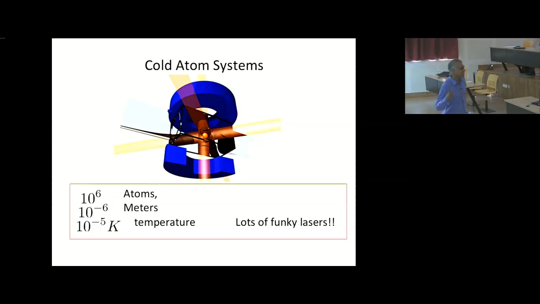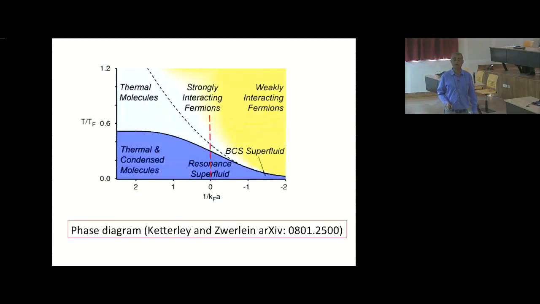That prompts us to ask, what happens if you incorporate this anisotropy? So here's what these systems look like. They're very funky. 10 to the 6 atoms packed together in a micrometer. Very cold, 10 to the minus 5 degrees Kelvin. Extreme regime of quantum effects coming into play. Lots of funky lasers, magnetic fields to excite the correct Feshbach resonances and so on. I don't know that much about it. We'll consider fermionic systems, so lithium-6 in particular. And there is a weak van der Waals force between the various atoms in these systems.